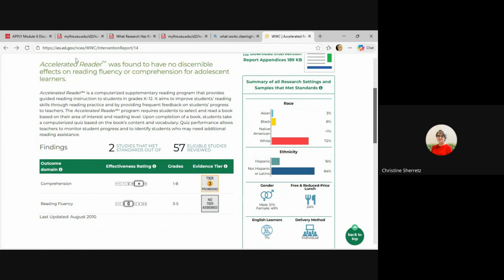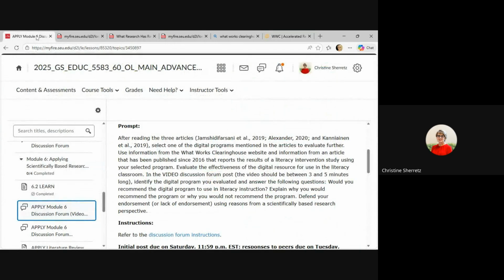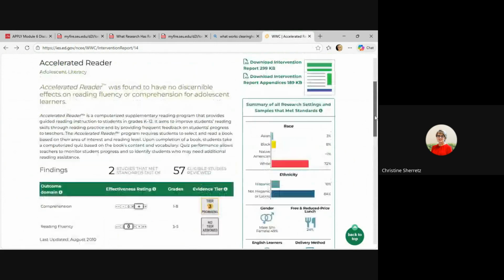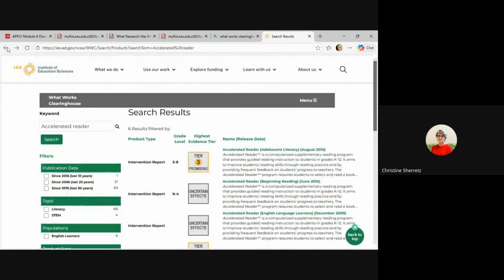this program is used all over the United States. But yet there's not a lot of research that shows that it's even effective. But yet we still use it. Now, does it say that it's going to hurt kids? No, it doesn't say it's going to hurt kids, but I think you have to kind of look at the research. You have to look at the time invested, and then you have to decide if it's something that you're going to do. Another program